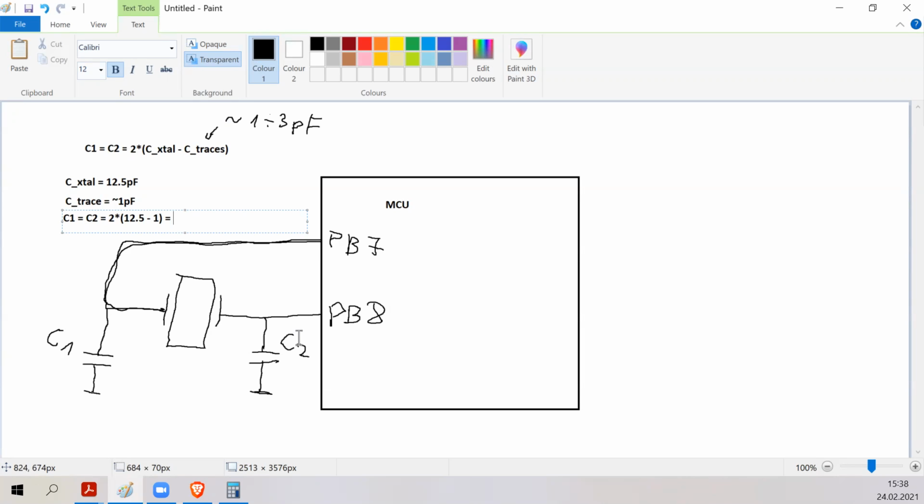And then 2 times 11.5 is approximately 23 picofarad, and